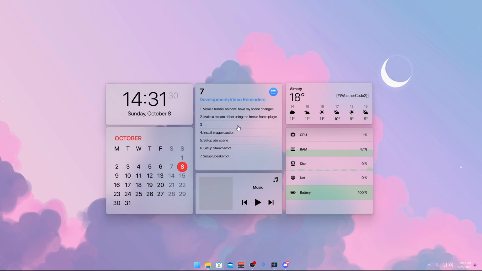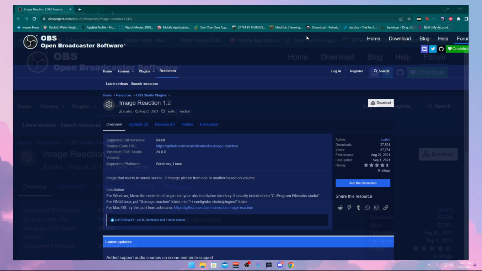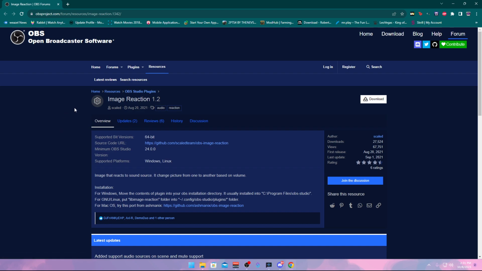First, you want to go down in the description and download Image Reaction. Let me grab the link here really quick. It's right here in the to-do list. This plugin you want to install and then reboot OBS, because this is what we are going to use